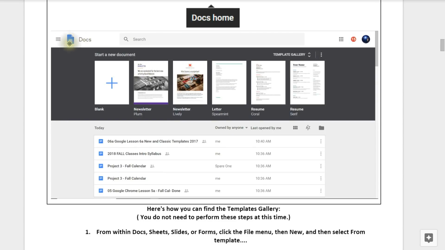So I'd open up into this page and show you Docs here. Above that is Search. Then you see the Apps. Below that we have Start a New Document. We can start a blank document or create one from any of these templates. To see more templates, we simply click on Template Gallery. Below this are recently worked on projects such as document spreadsheets and presentations.